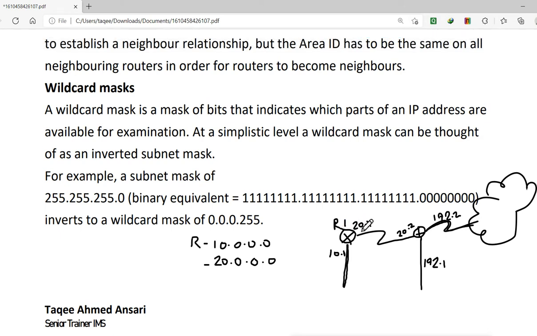There is only one interface here of this network, so it will start the routing on this interface and start sending the information on this interface, and that is why the information goes on to the other router 2.